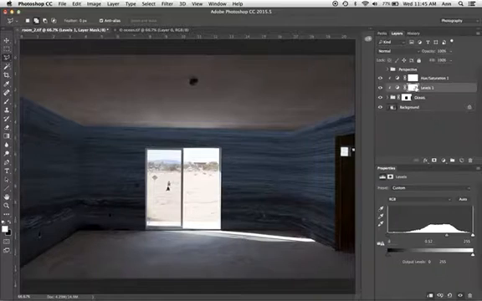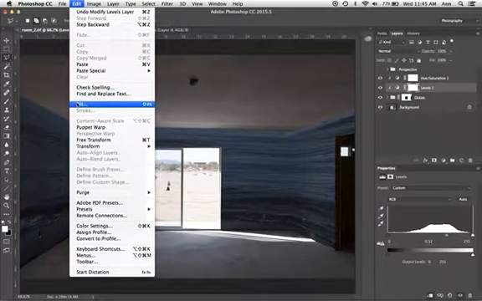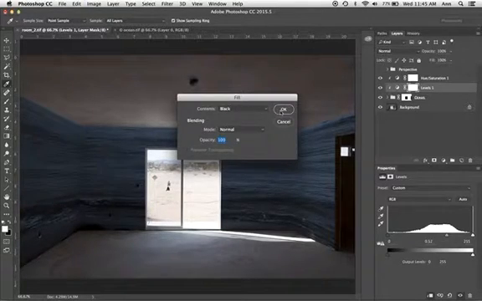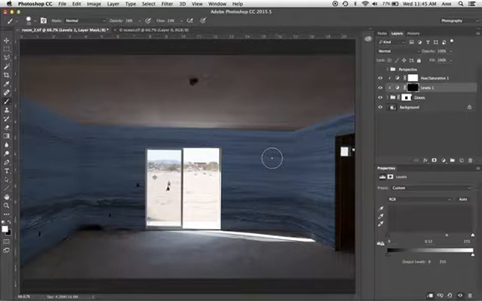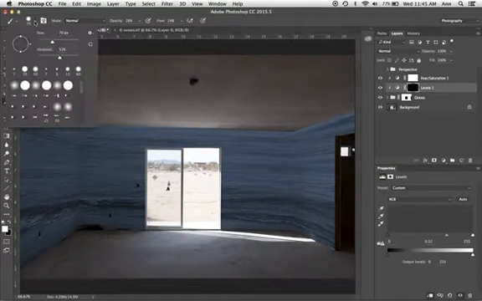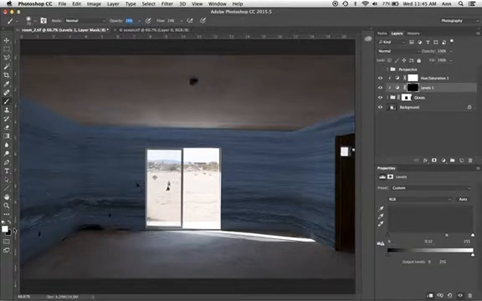I'm going to take that mask and I'm going to fill it with black. That hides what I just did. Now I'm going to use a brush, a big brush. It's going to be very low hardness and low opacity and flow. I'm going to paint with white to kind of bring back some of that darkness.